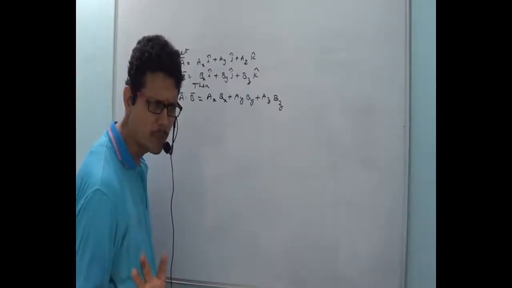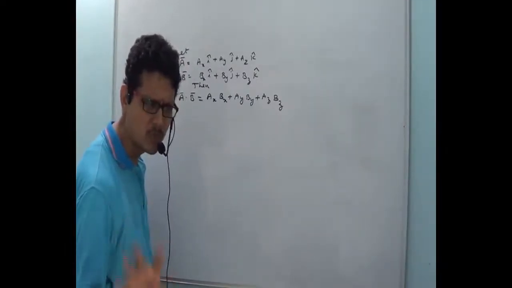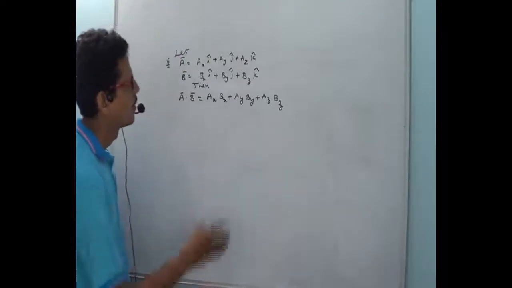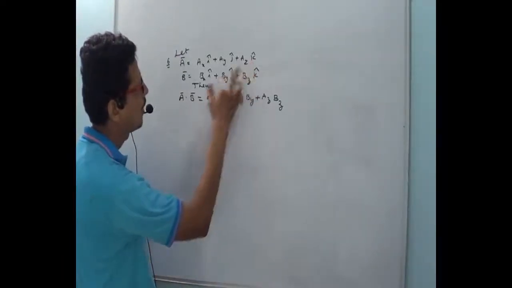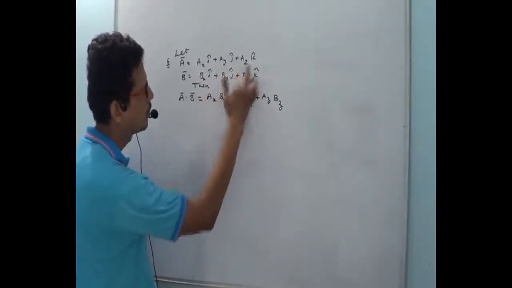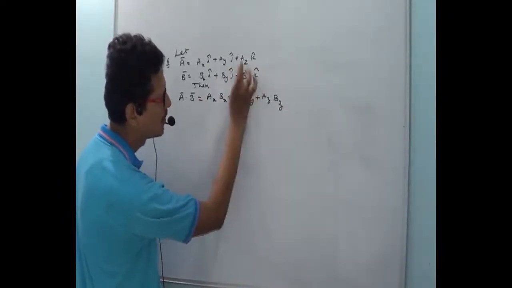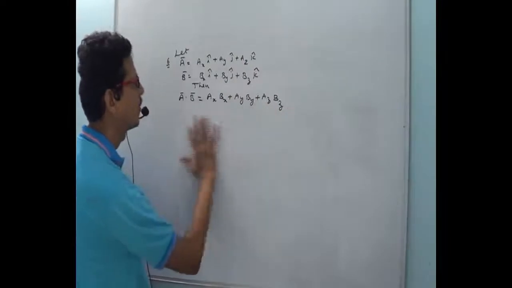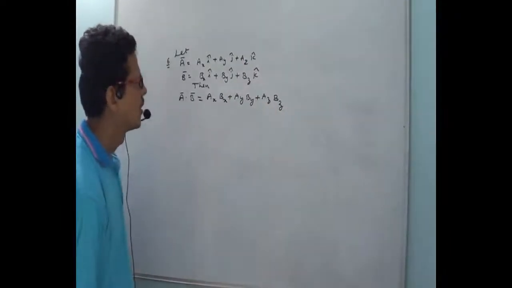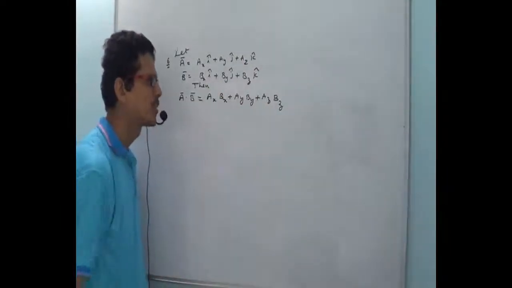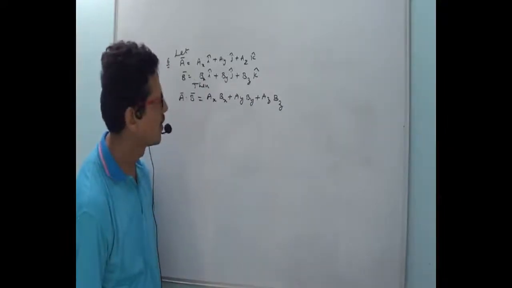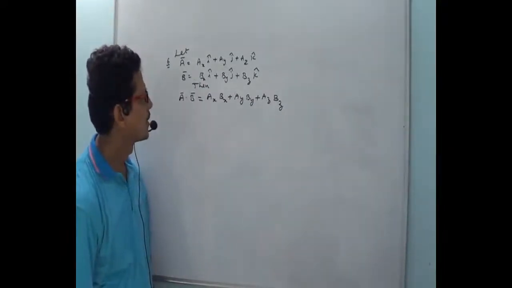If two vectors are perpendicular, then also the dot product will become 0, okay? And k dot i, k dot j is 0, and k dot k is 1, and at the ending what you are getting is AZ BZ. Okay, write down this. We'll do one problem based on this, okay? AZ BZ.